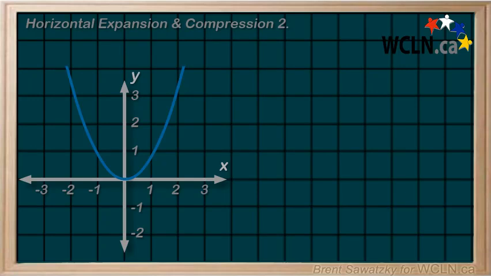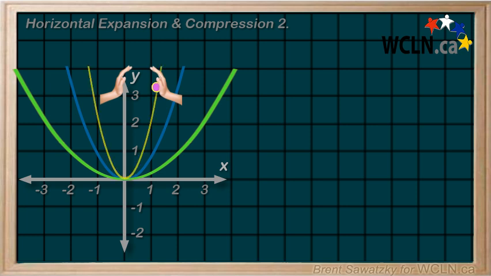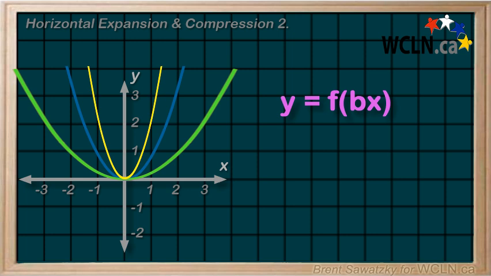We recognize a horizontal expansion as happening when the graph stretches in the horizontal or x direction. A horizontal compression, on the other hand, has the graph being squished in the horizontal direction. In equation form, we'll recognize the horizontal expansion or compression by noting the multiplier beside the x, and we'll call